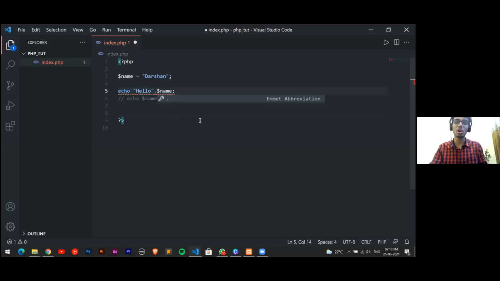So if I just write a dot over here, now see, the error has gone. What will happen is the hello string and my name string will get appended, basically joined with one another.